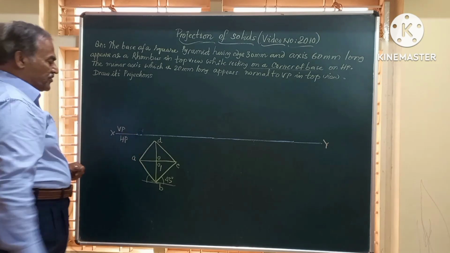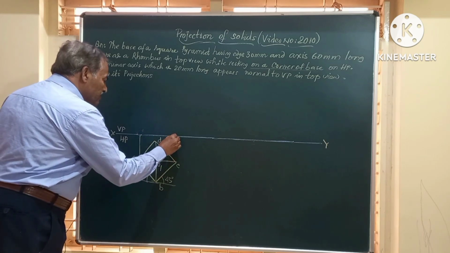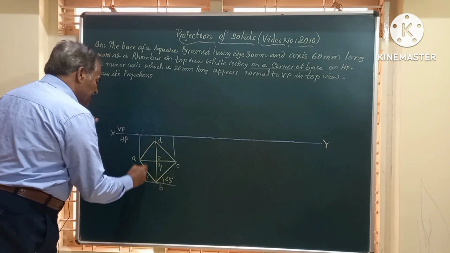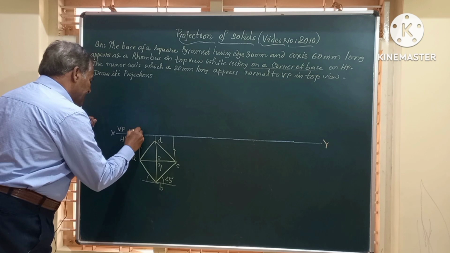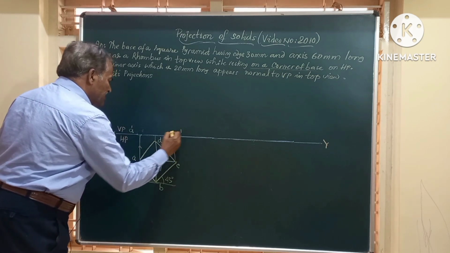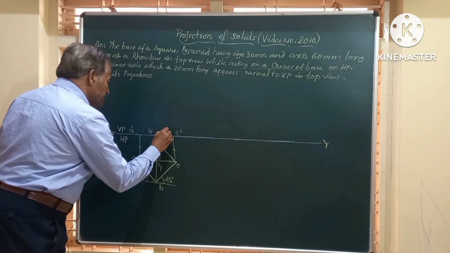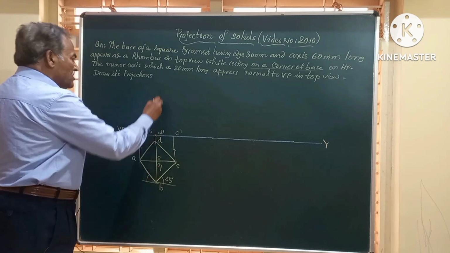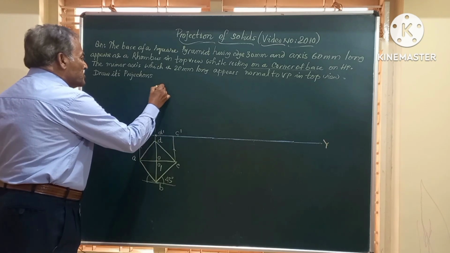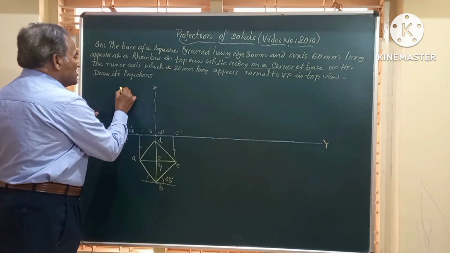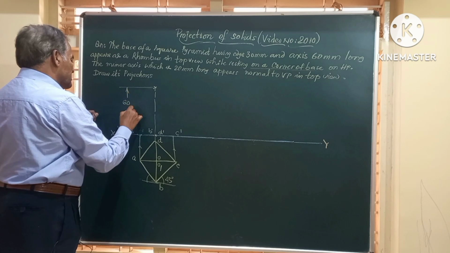Friends, after obtaining the top view, let us see how it looks in the front view. In the front view, we have to just project these lines from here, obtain these points A, B, C, D, etc. on XY. So this will be our A dash, this is C dash, this is B dash comma D dash. So this is B dash and D dash. And through this point, we will mark the height from the axis, that is from the HP. So this is having a height of 60 mm. So I am going to write a line here to show the dimension of 60 mm, the height of the